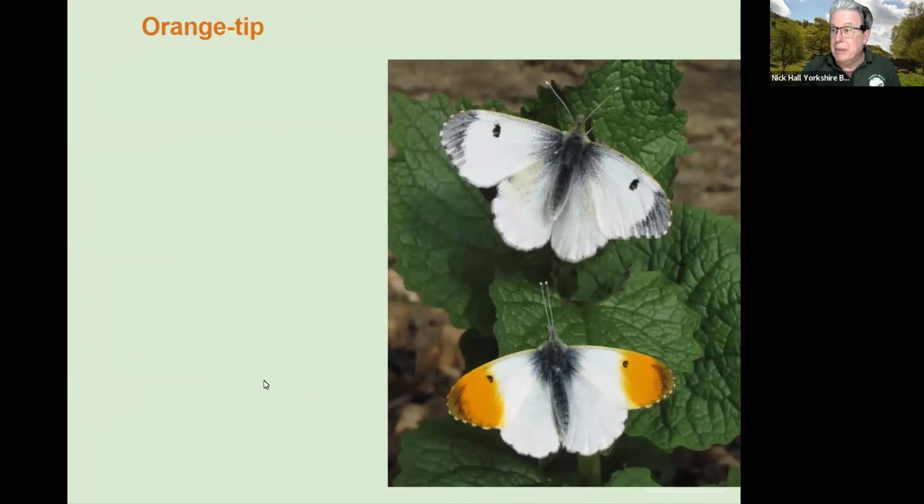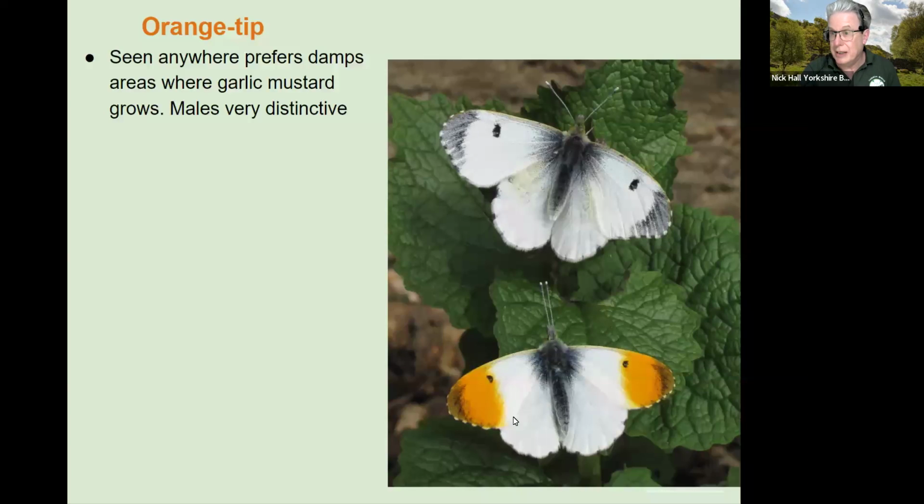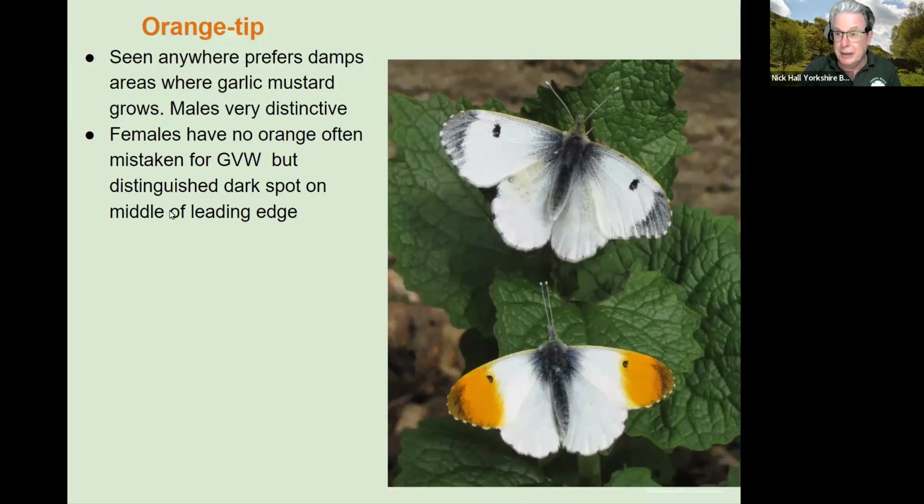Just to make life a little bit more complicated, then you have the orange tip, which of course is the female. Here's the male in its characteristic tips. But of course it has its habits. It very much prefers damp areas where its food plant, garlic mustard, grows. And you see them more in woodland areas than you will in open areas. Males are very distinctive. They wander a great deal,